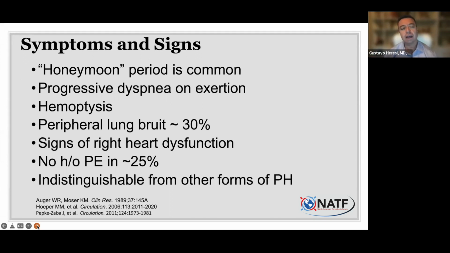We really want to find this condition prior to it doing that. So when you have fluid retention, the condition is a bit advanced. But one thing that's important to remember is that I told you about how we think this starts with a clot, and we're pretty certain that that's the case. But very frequently, our patients, no matter how hard we ask them and how hard they think back, they cannot really tell us that they had an episode of clot in the past. And so even if you didn't have a clot in the legs or in the lungs in the past, this condition certainly happens. And so the absence of a history of a clot in the legs or the lungs doesn't exclude this diagnosis.